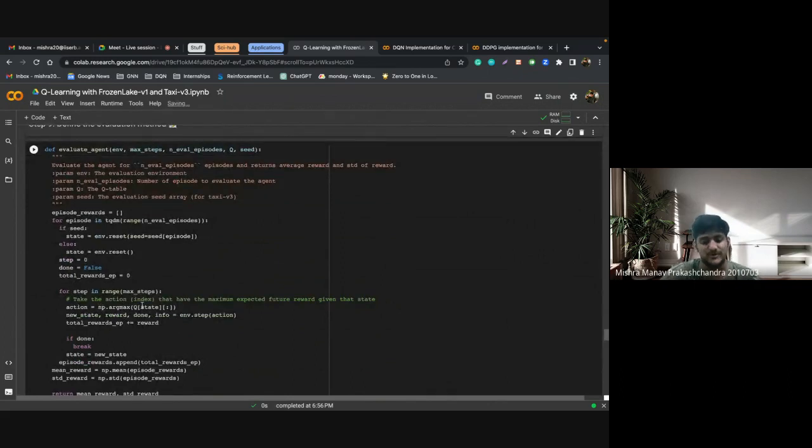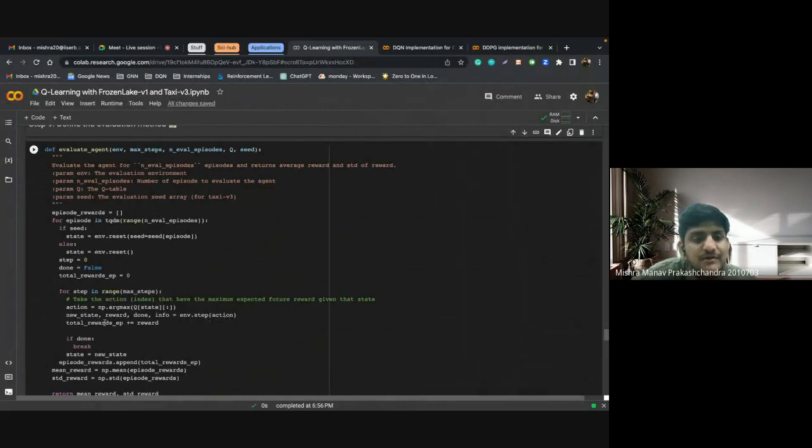Okay, you don't need to explore now. You simply do np.argmax of the Q state,